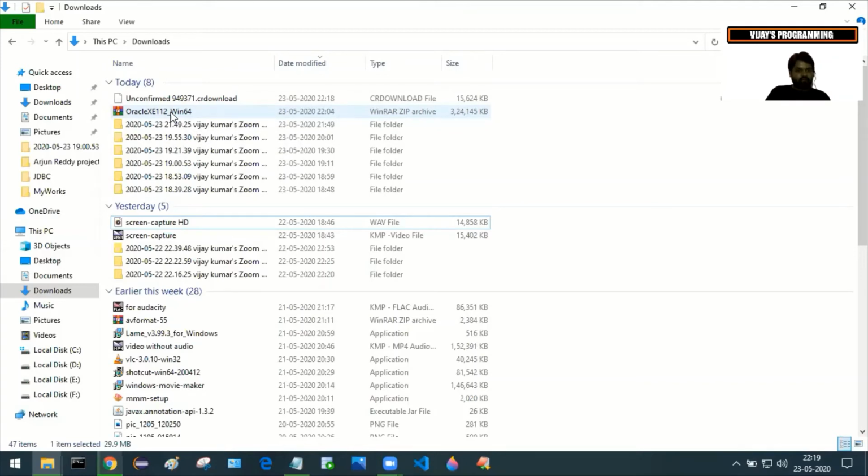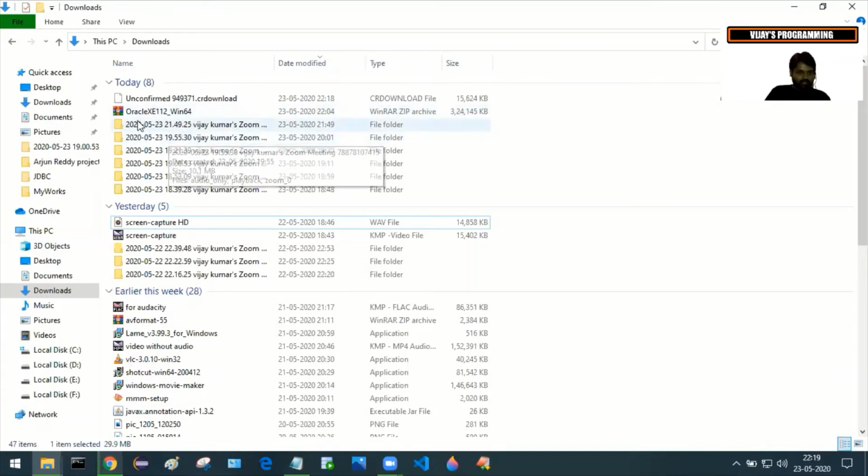If you're using Windows 10, that is inbuilt, you can just double click and extract instantly. And if you are not using Windows 10, you might need to install a zip tool separately.